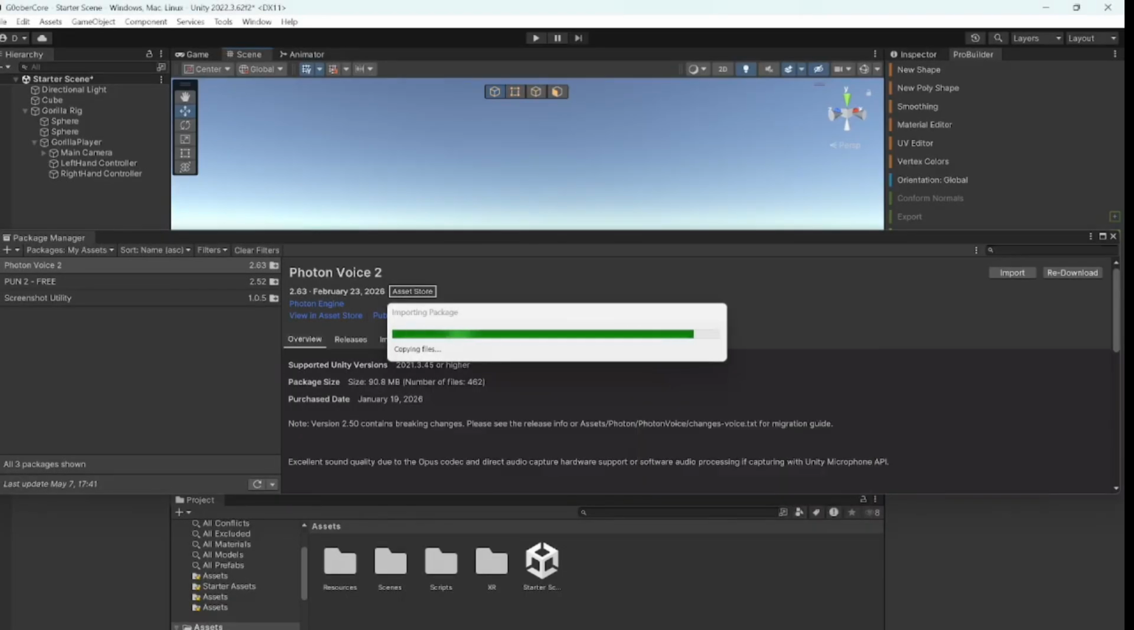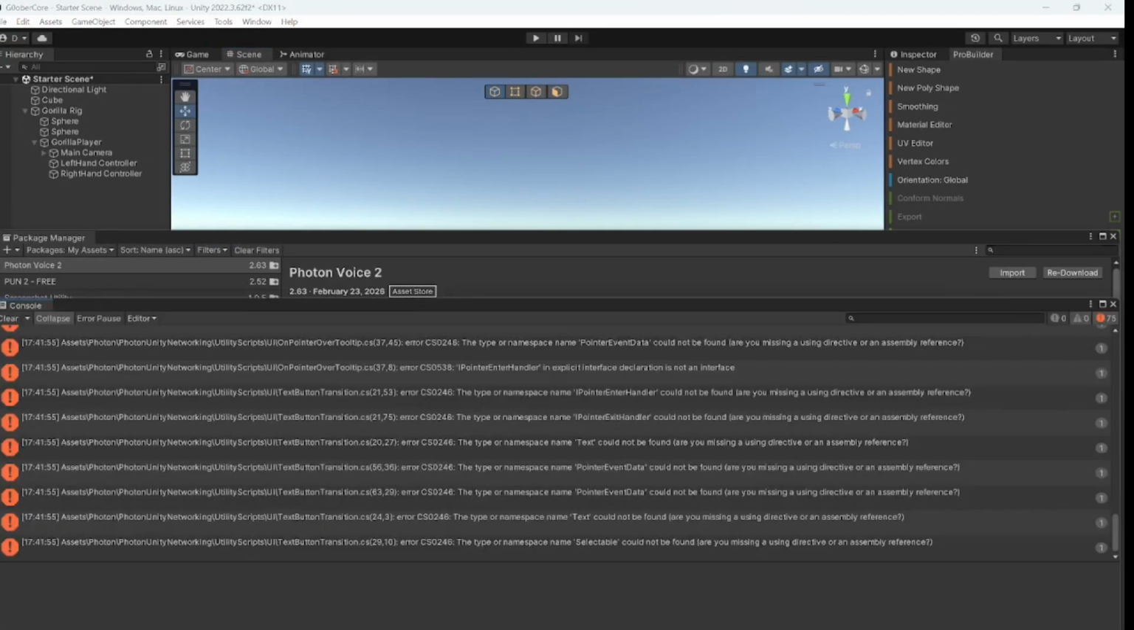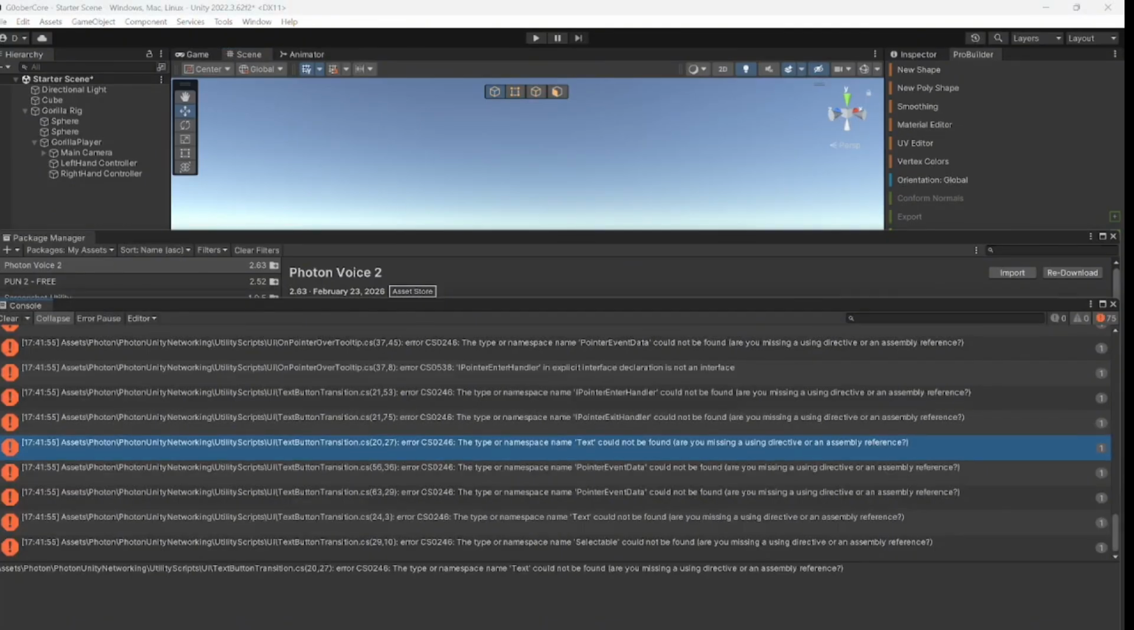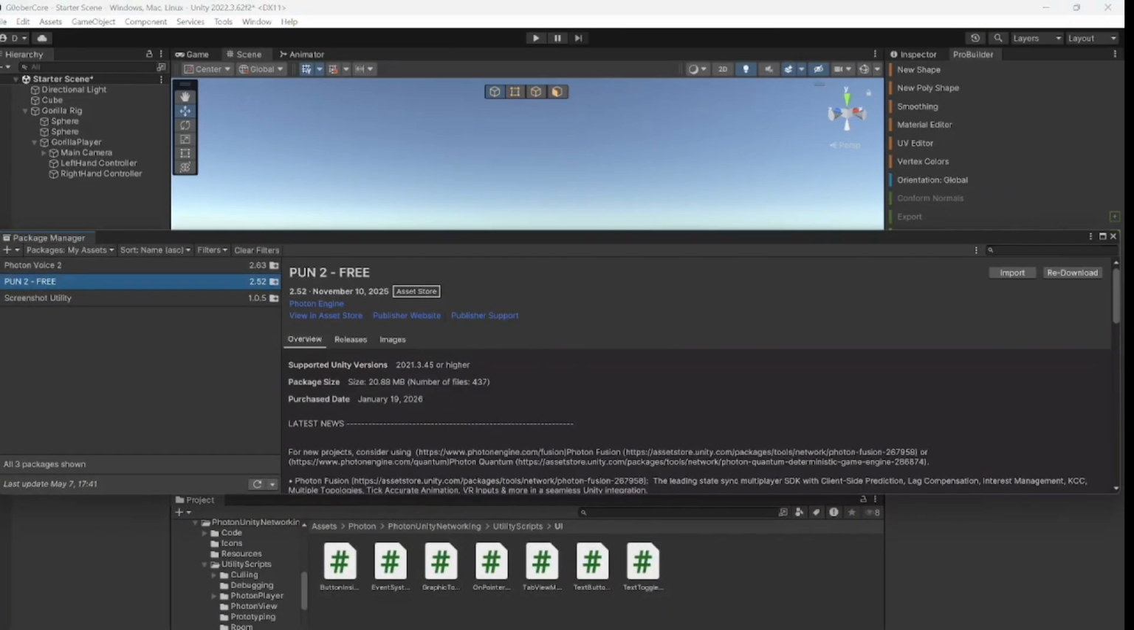Now, it might take a second. I can't really help that. But it shouldn't take that long. See? Now it's in here. After this, we're gonna have to get something else. It'll make much more sense. Trust me. Okay, so PUN 2 free, import,